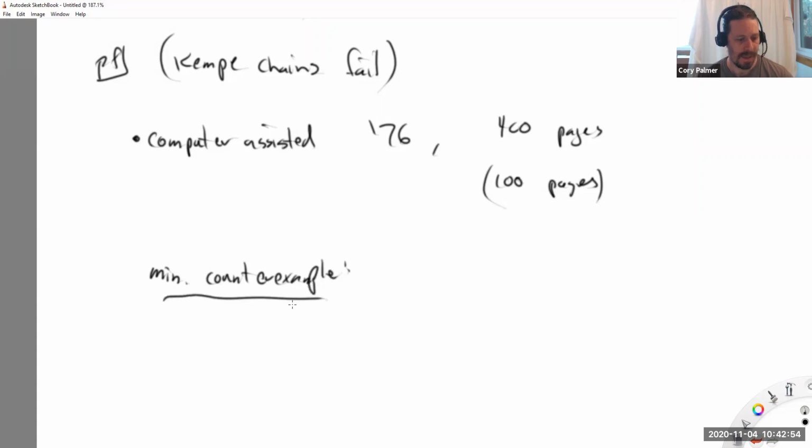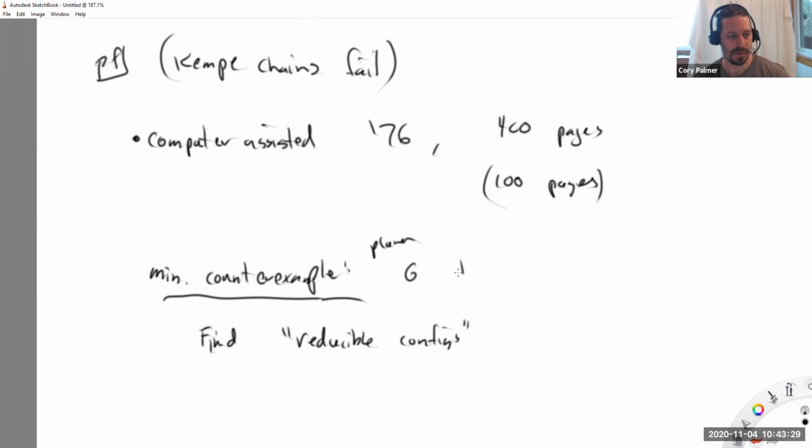Okay, and what we do is we find this list of what we call reducible configurations. Okay, so what reducible configurations are, let's call them subgraphs. They're not quite subgraphs, but they're basically subgraphs in my minimal counterexample that can't be in a minimal counterexample, because you can remove them and get a smaller counterexample. Okay, so what is a minimal counterexample? It's a planar graph G that is not 4-colorable,